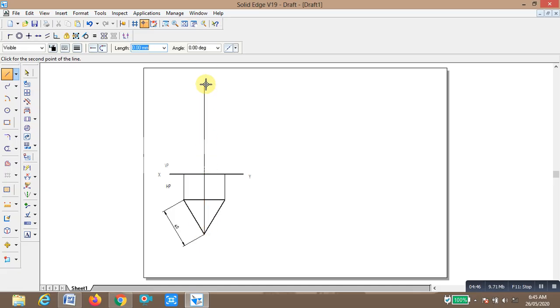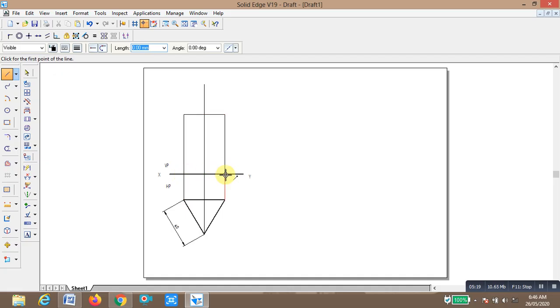Here I am going to select the height of this triangular prism, it is given as 60. 60, enter, 90, enter, and width is 40, enter, towards left is 180, enter. Then you construct this baseline also.